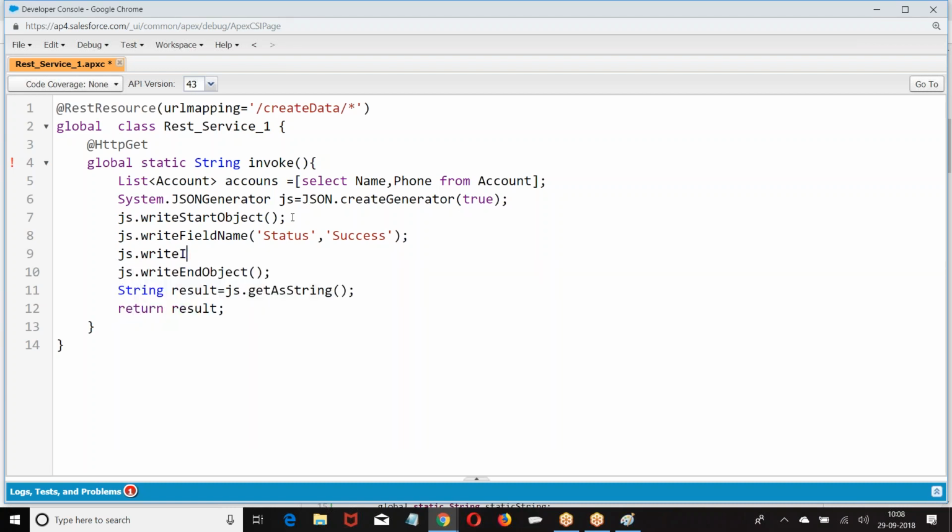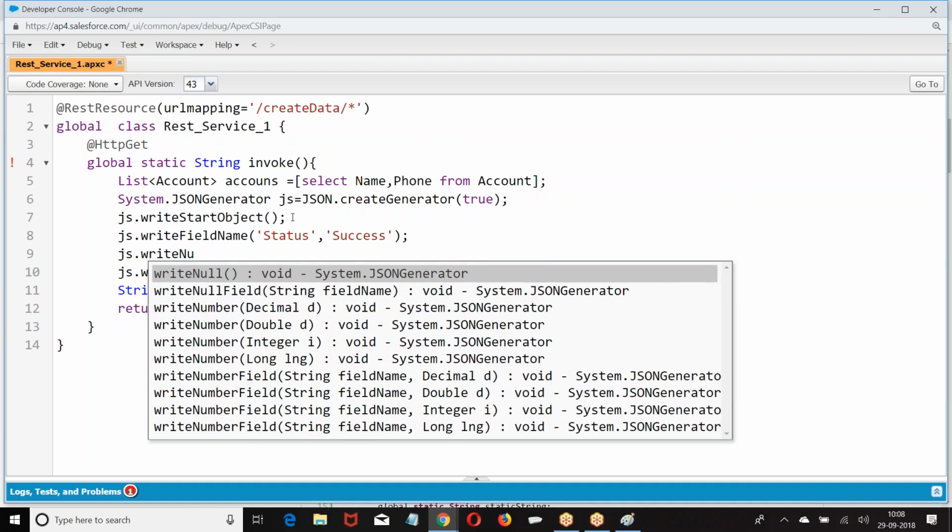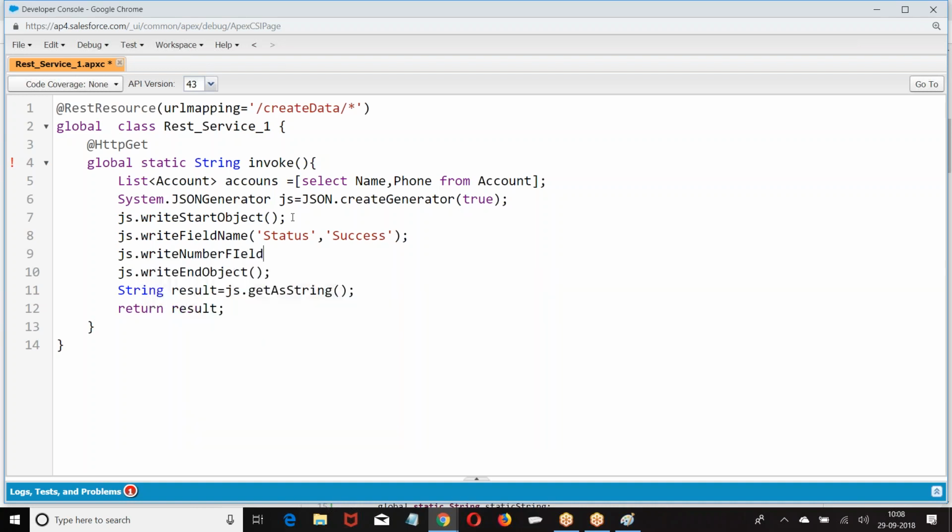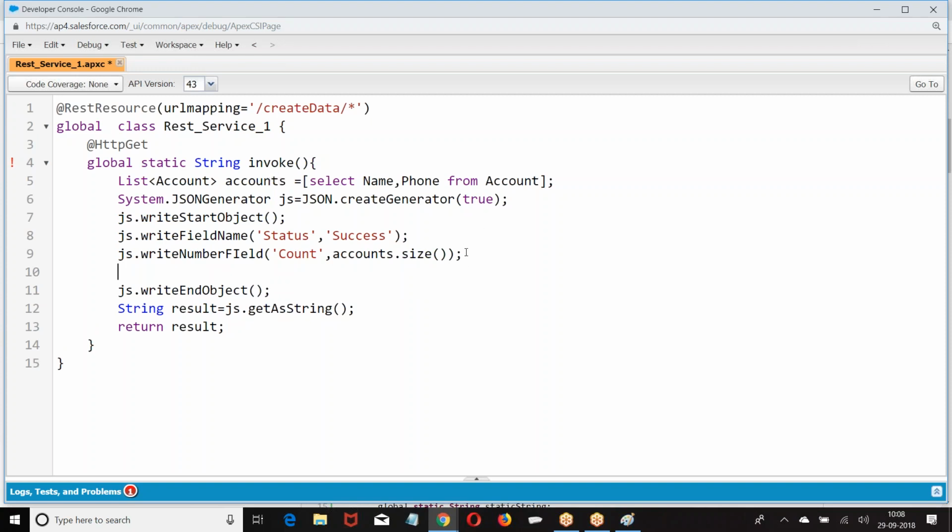Good. Write number field, count, how many records are there? Now you decide how you want to generate the response.